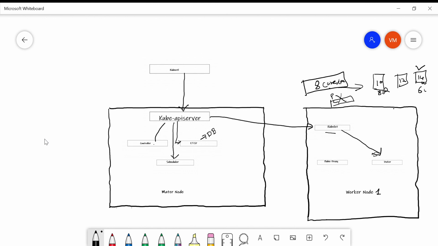So everything basically talks to the Kube API, and the Kube API's responsibility is to pass the information to the correct functionality. Now, if you have, let's say, node 1 and node 2, and node 1 is hosting your web application in the container,